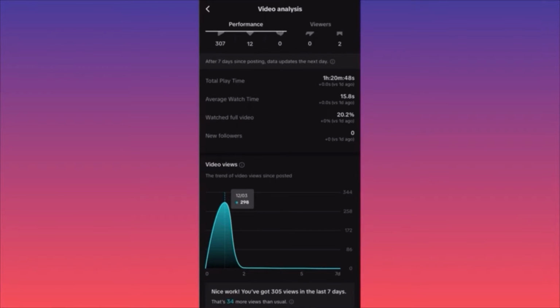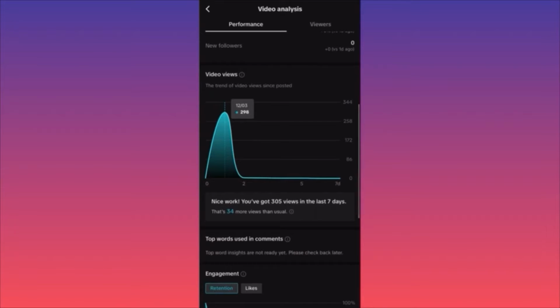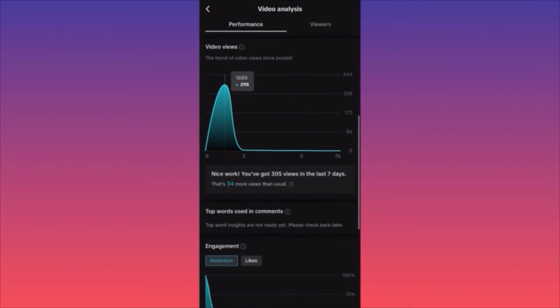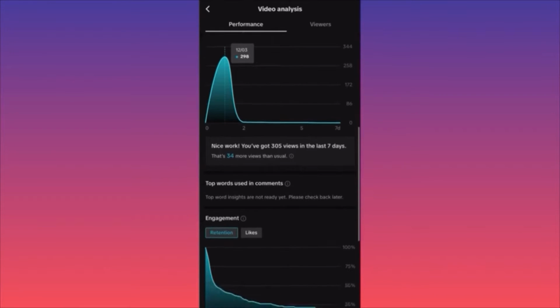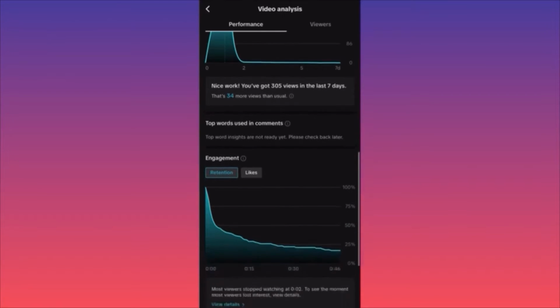The next section will show you how many followers you actually gained by posting this video. In our case, there are 0 followers, and this is compared from the last day to the very first day you published the video. Then you will see the chart or the graph of how the video was distributed since you published it. As you can see over here, there isn't a gradual uptrend or downtrend. You simply had a major bump when the video was published, 300 views in a matter of 2 days, and that was it.